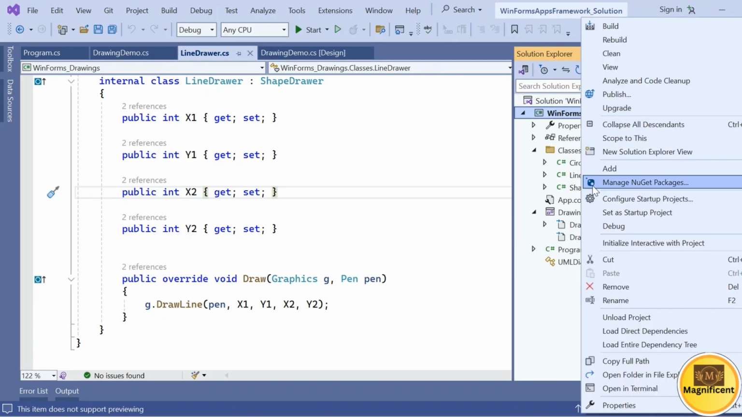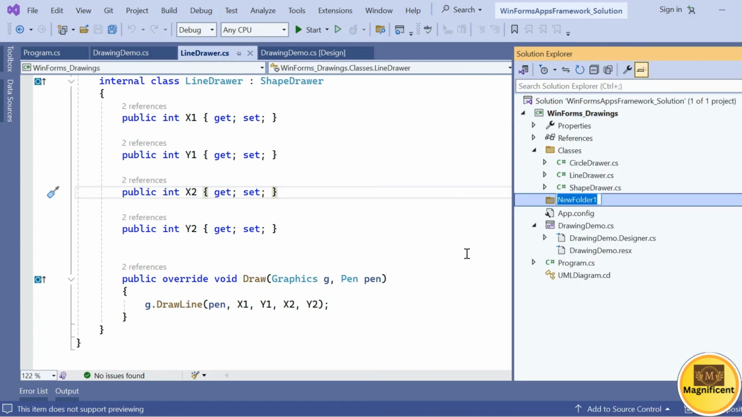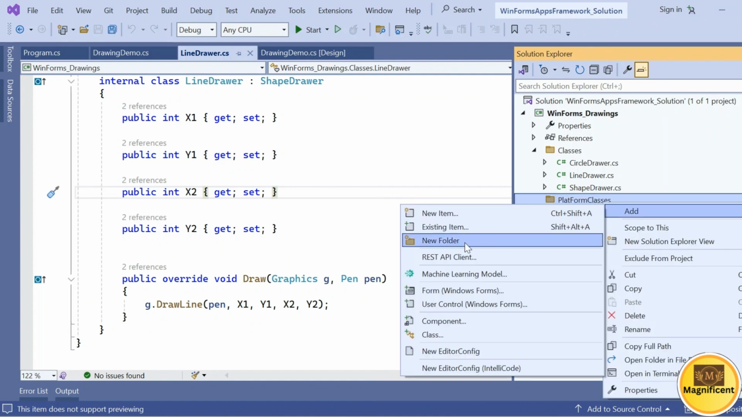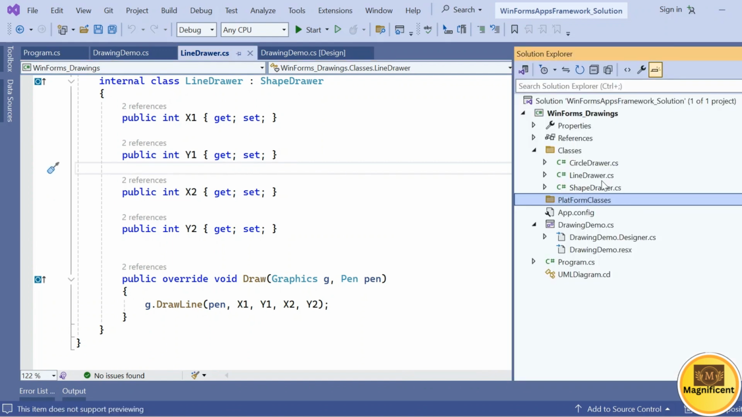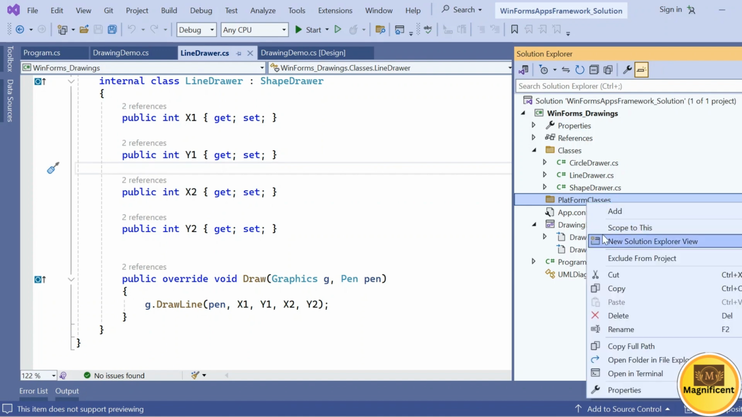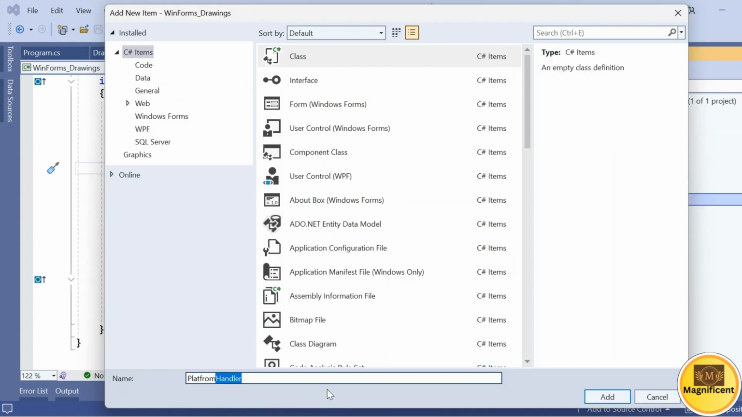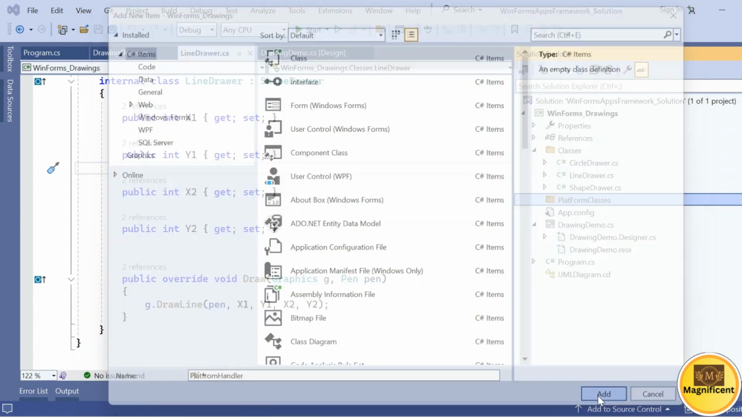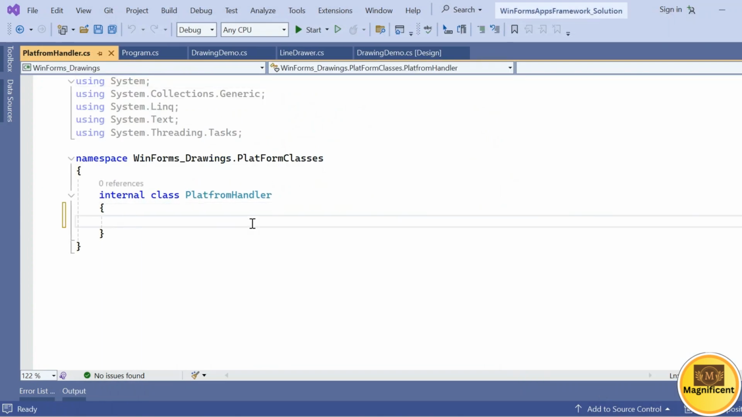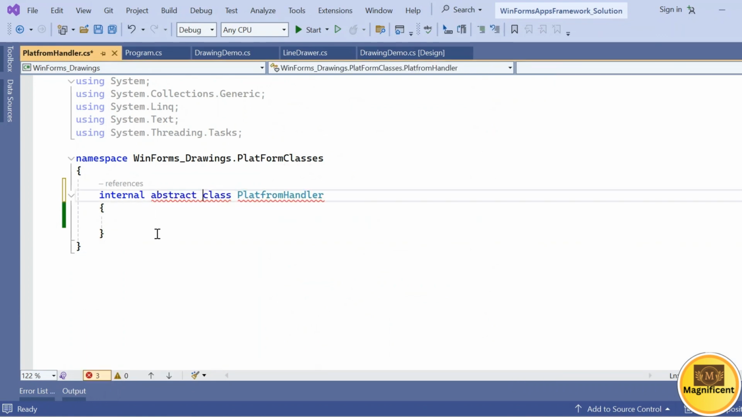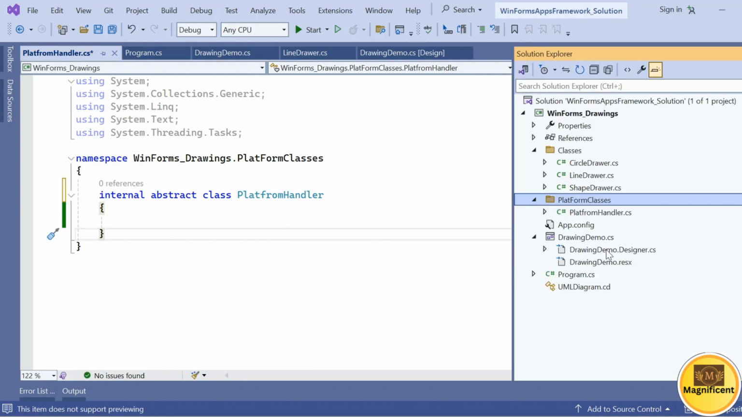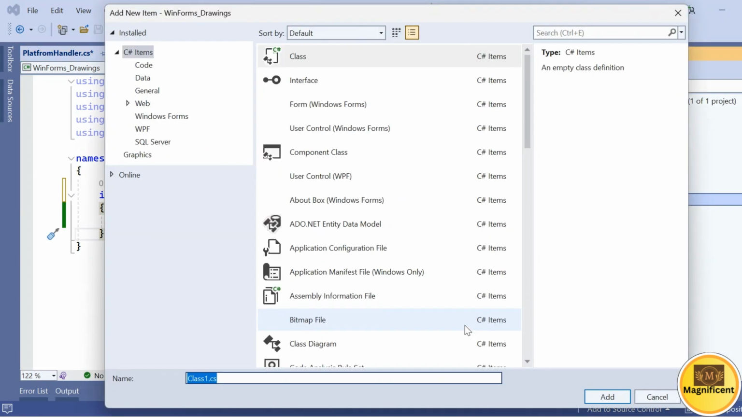So we'll add one folder to create this factory design pattern. I'm adding a folder, let's call it Platform Classes, and in this folder, just like we created the abstraction for the shape drawer, line drawer, and circle drawer, we create the same kind of abstraction. We have to create one abstract class for the platform handler. So this PlatformHandler is one class we have, and this class we are going to make an abstract class. From this abstraction we are going to implement two things: